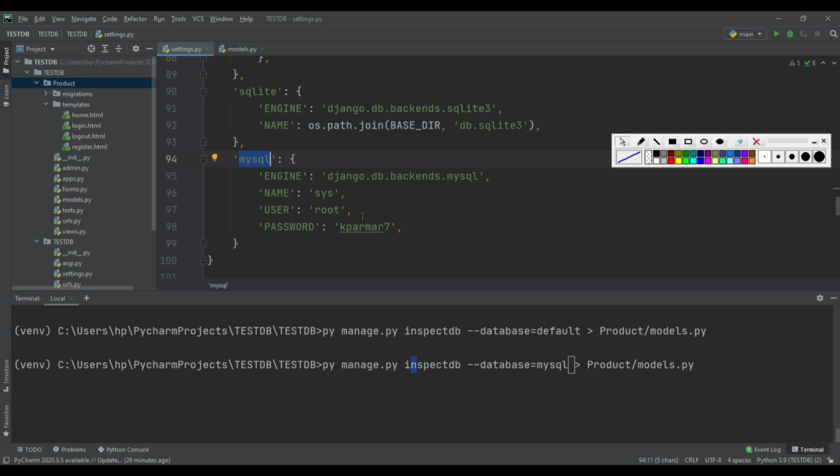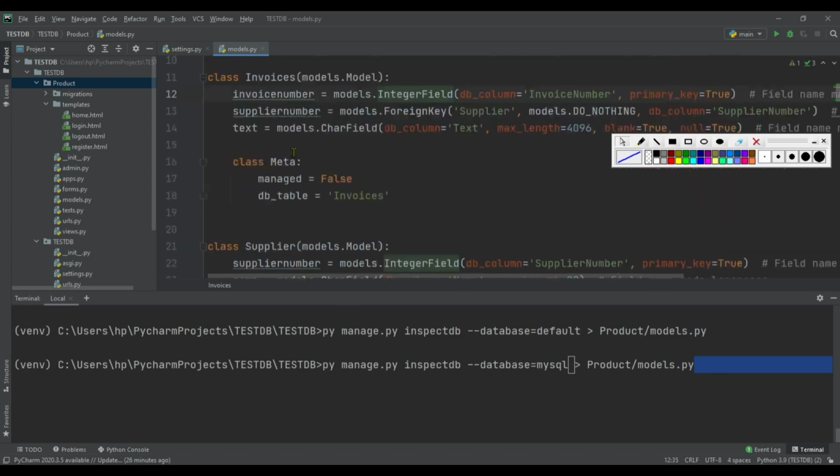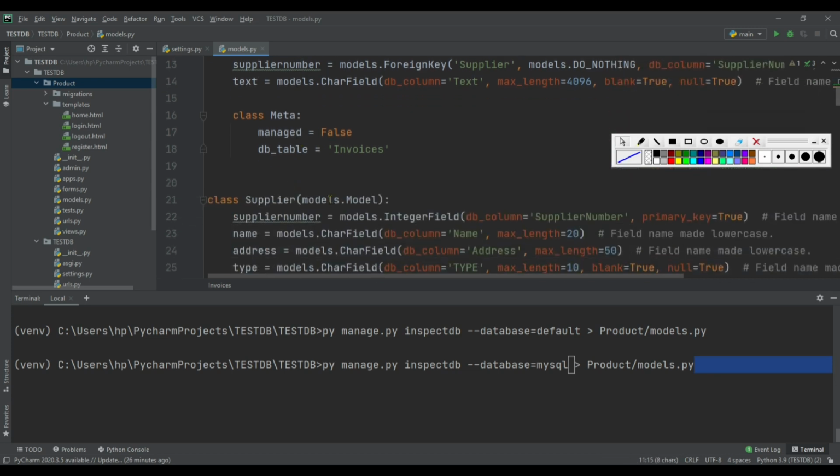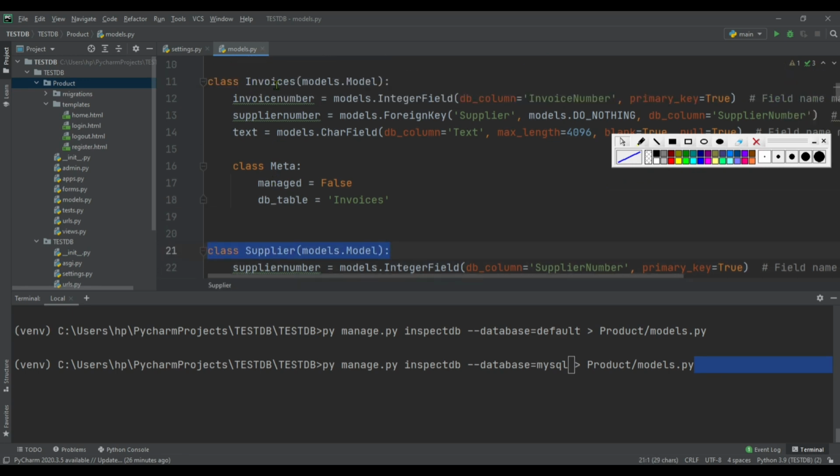Copy this key name and use this key name here, greater than application name slash models.py file. Come to models.py file. So here I am having first model class name, that is invoices, and second model class name is supplier. So keep these two model class names in mind. Come to terminal, press enter.